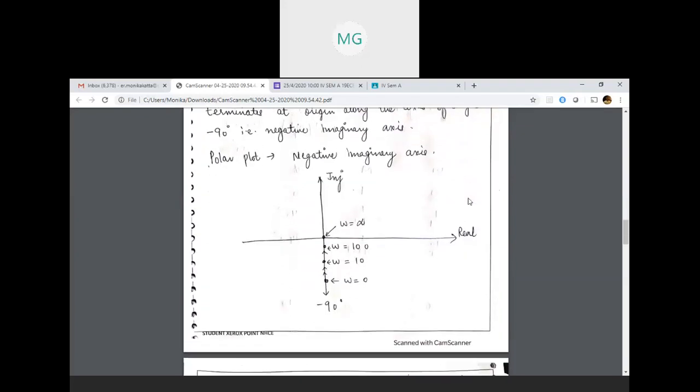You want me to repeat this, or everybody has understood? Yes, ma'am. Understood. Everyone, all of you have to draw this and upload it in Google Classroom. I will not tell again and again. Those who are following the instructions will be benefited. Those who are not following the instructions will have to bear the consequences.